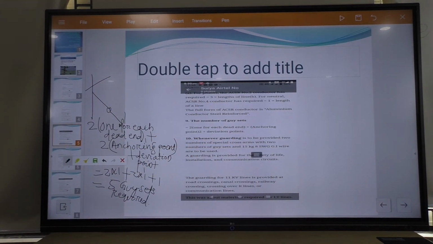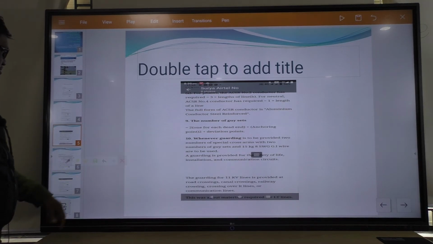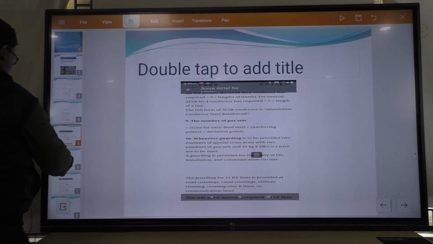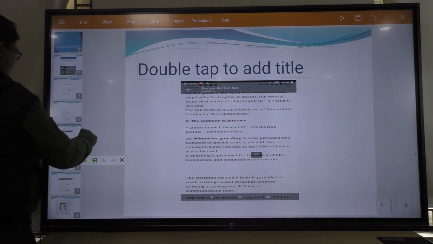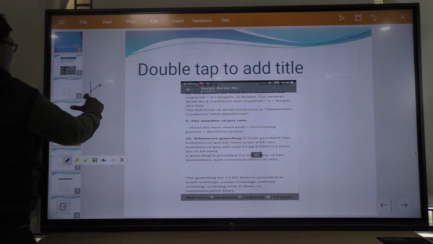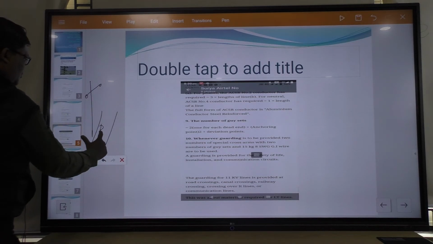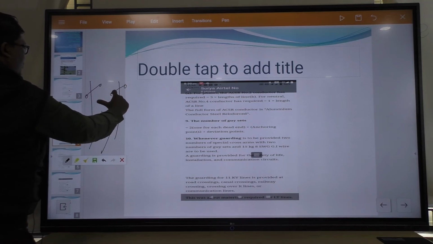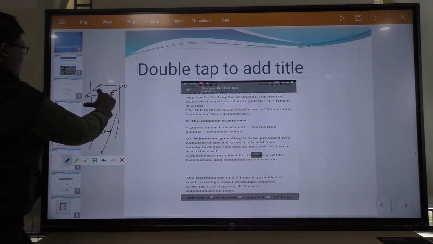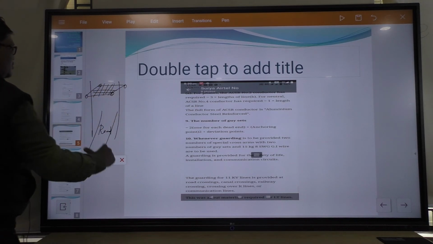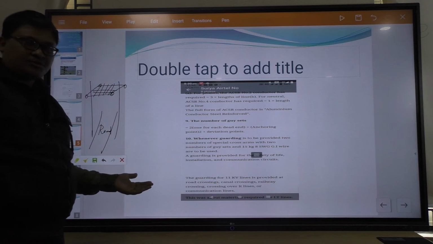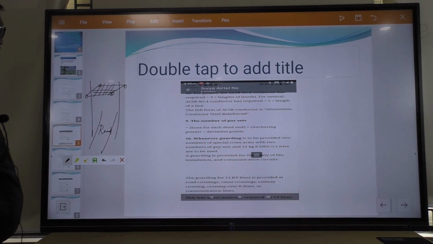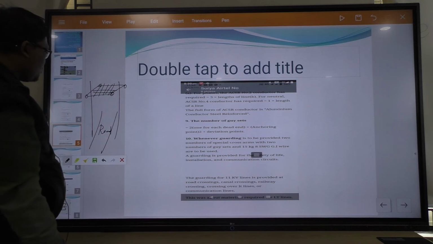Next, whenever guarding is to be provided, there is guarding. Suppose this is your road, and on the other side of the road is another tower. Here guarding is required. For safety purposes we use guard wires. This guarding is provided at road crossings, canal crossings,